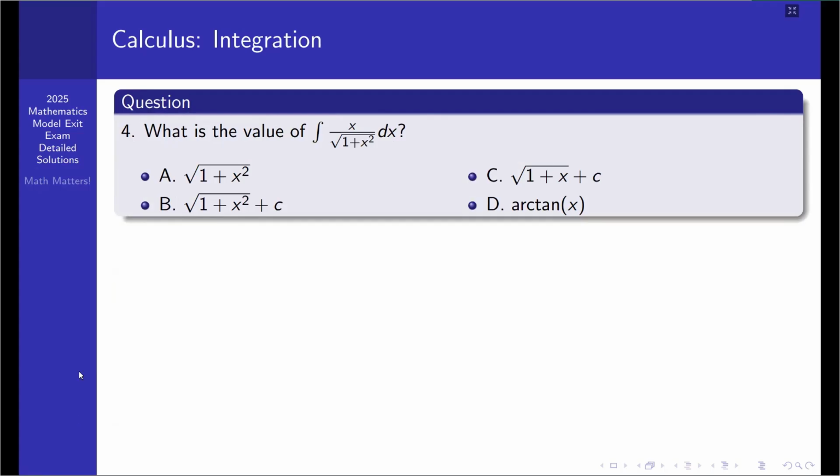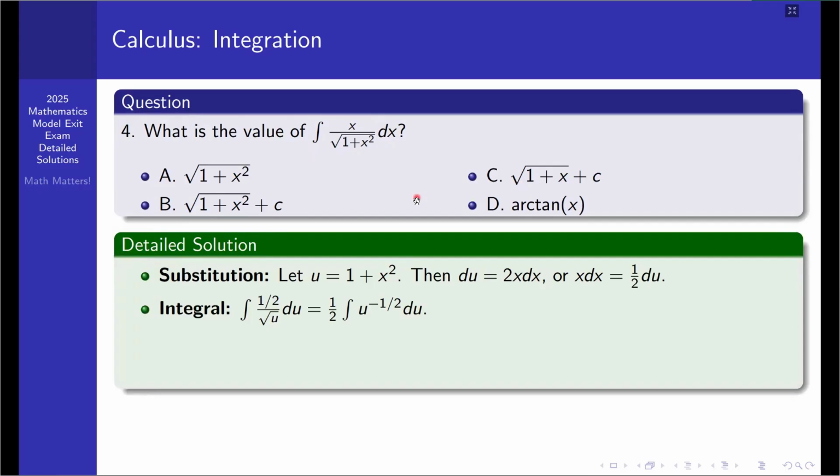Next question. We have: what is the value of the integral of x over the square root of 1 plus x squared? We may have different techniques for finding the antiderivative of this function. For example, we can use trigonometric substitution or normal substitution here. So, for example, if we apply